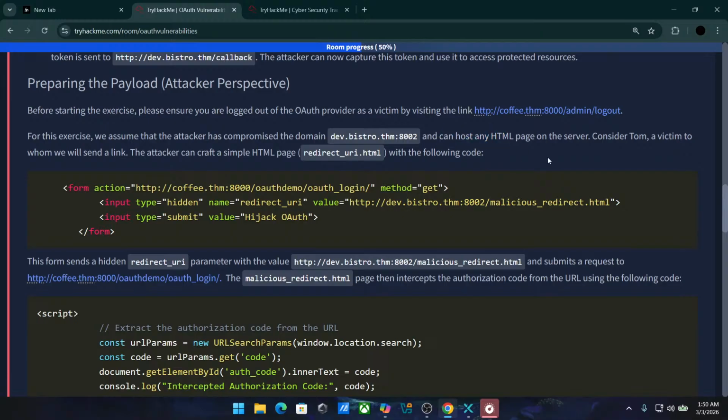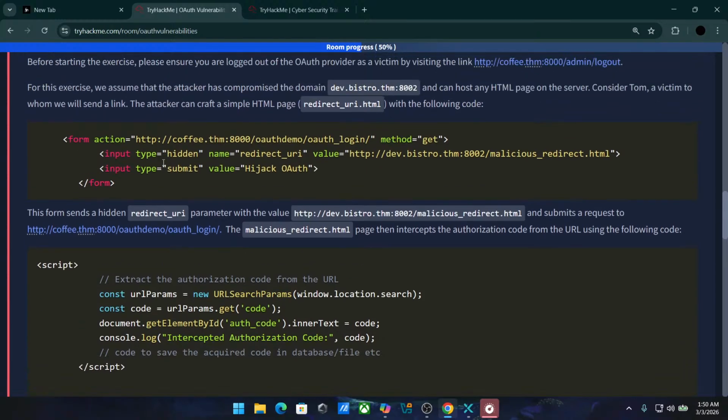And host... wait a sec. We assume compromised and can host any HTML page on the server. Consider Tom a victim to whom we will send a link. The attacker can craft a simple HTML page, redirect URI HTML, with the following code. Form action,